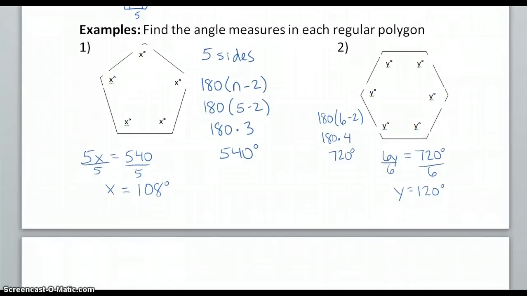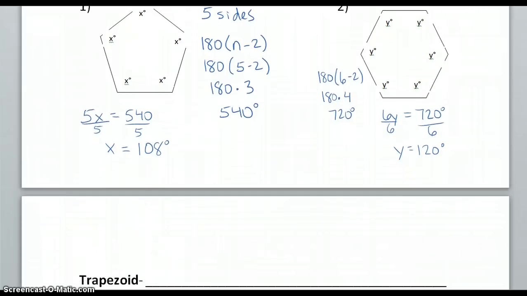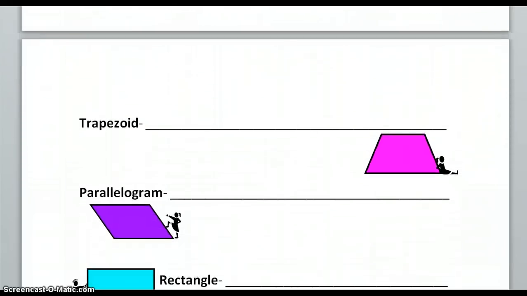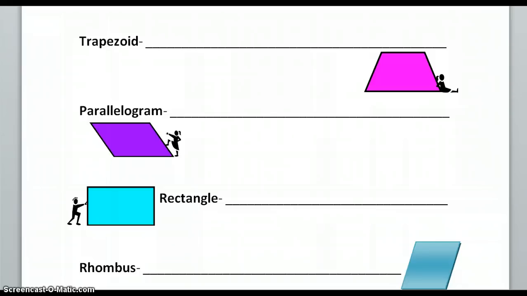On the next page, you have an option. You can either Google all of these terms and write down definitions, or you can just follow along with me. So a trapezoid is a four-sided figure with exactly one pair,